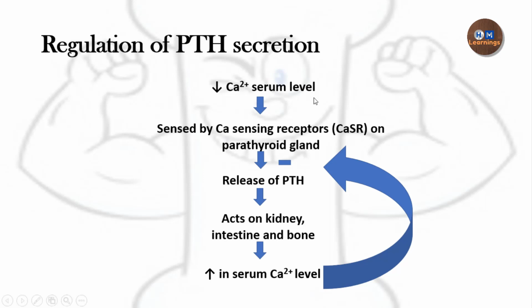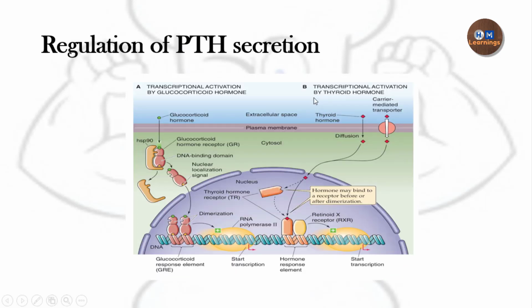And the next thing is that the regulation of the parathyroid secretion is also done by the levels of vitamin D. So this figure shows how vitamin D is responsible for regulating the parathyroid secretion. Now this is actually a concept which is very interesting, and this is a higher concept. If you understand at an undergraduate level, it's fantastic. If you don't, it's completely okay.